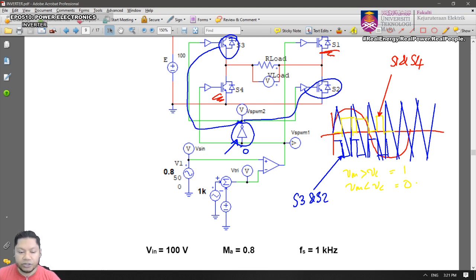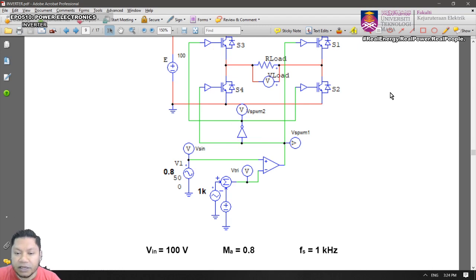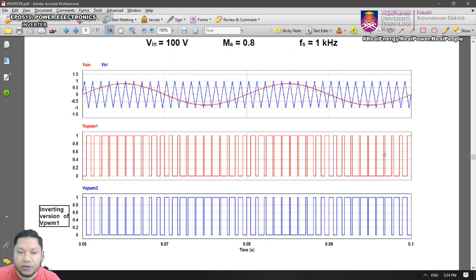Okay, if you look at the signals now, there you are. You have the comparator. You compare the modulating signals with triangular carrier signals, and that produces the VPWM1, and the inverting version of VPWM1